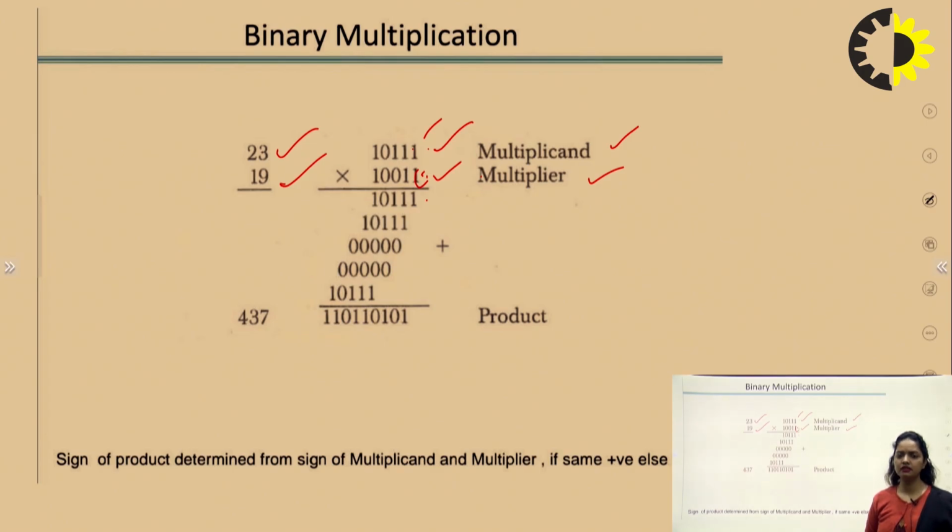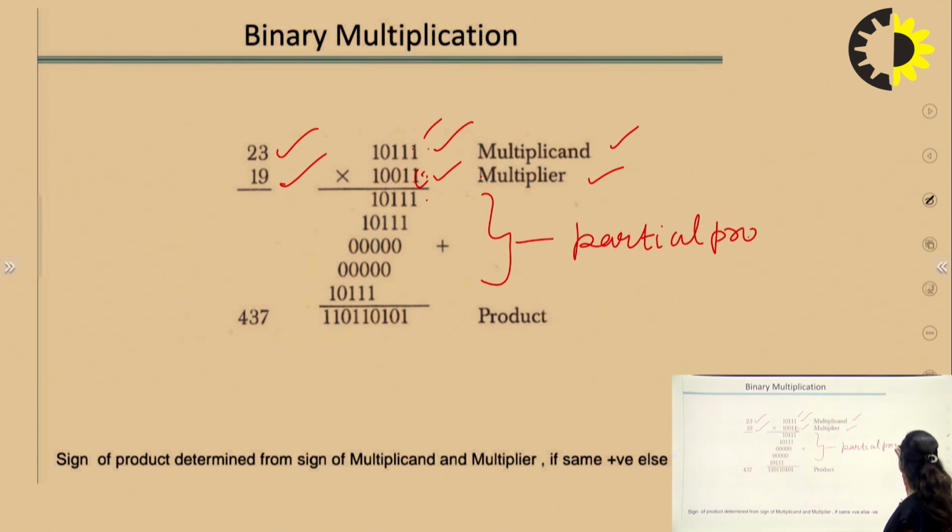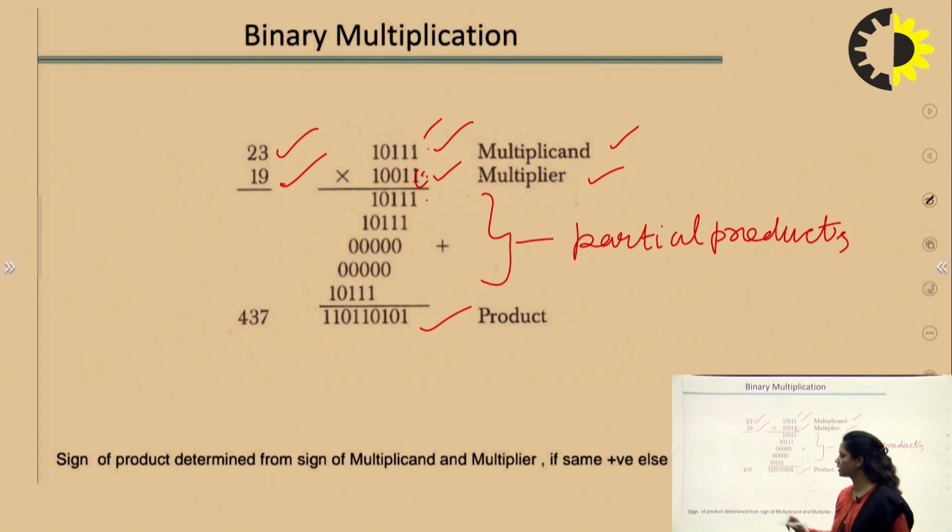While performing the algorithmic multiplication, these names are very important, and we are using some abbreviations to denote this multiplicand and multiplier in our algorithm. Now the intermediate results like this are known as partial products. And the end result is our product,